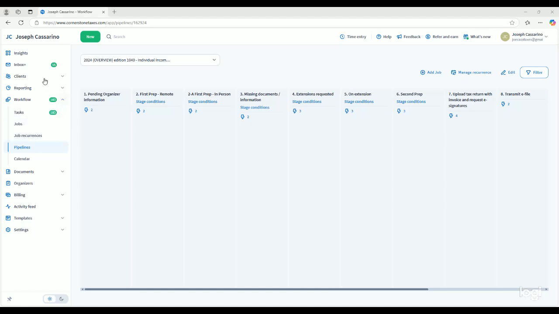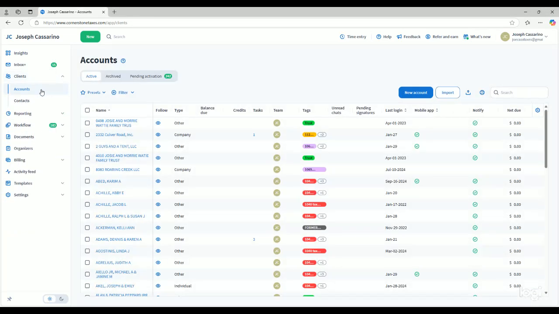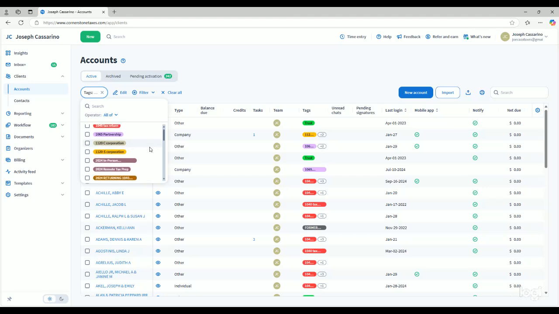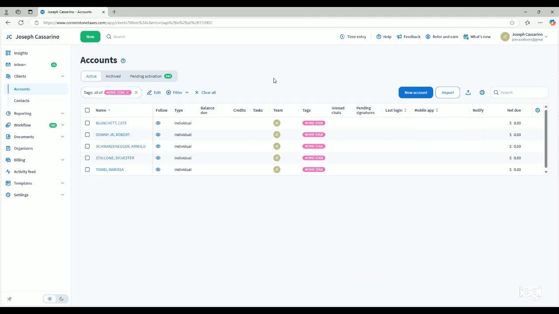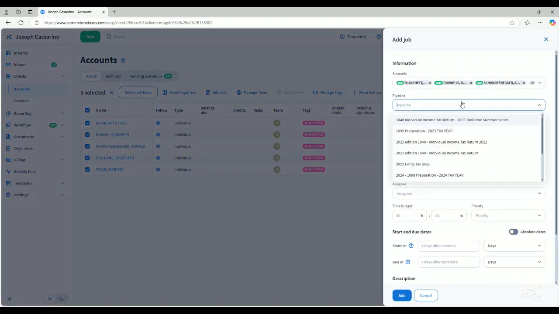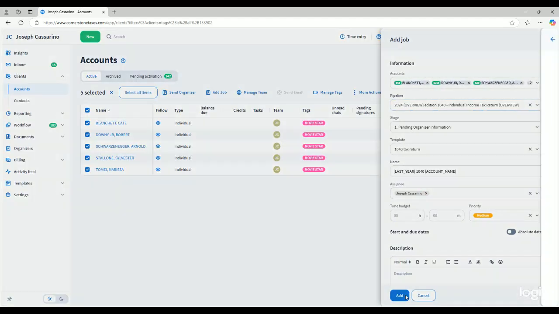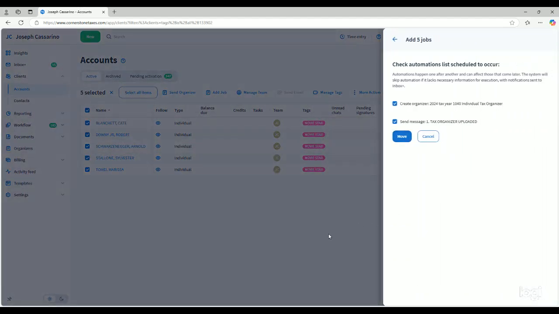So to populate it, you're going to go to your account list and then you're going to filter by tag, probably for all your 1040 tax returns. For this exercise, we'll use our movie stars. Select all the clients en masse, add job, select this overview pipeline, and there you've populated the entire pipeline with